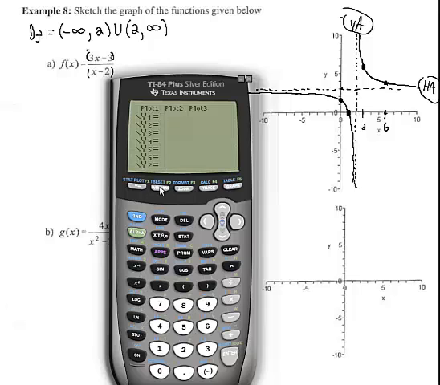I don't want it to mix my numerator and denominator up, so parentheses 3x minus 3 divided by x minus 2, enter. Graph,